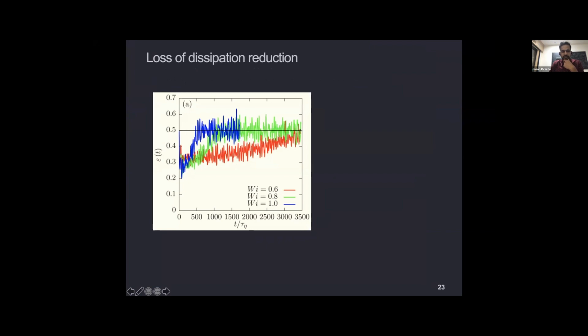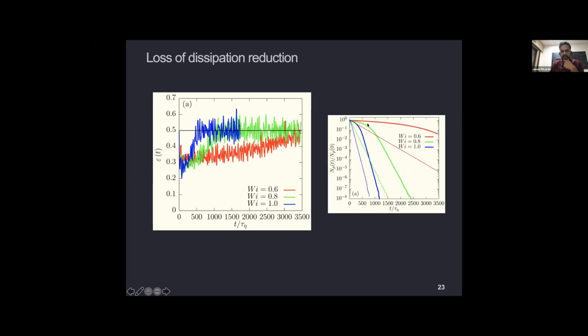0.5, shown by the horizontal line. So there is a reduction in all cases of the Weissenberg. But then as time proceeds, this loss of dissipation vanishes, and we ultimately get back to the higher Newtonian value. And the timescale over which this loss happens corresponds exactly to the timescale over which our molecules break up. So we are able to capture this loss of, in our case, dissipation reduction, since we don't really have a